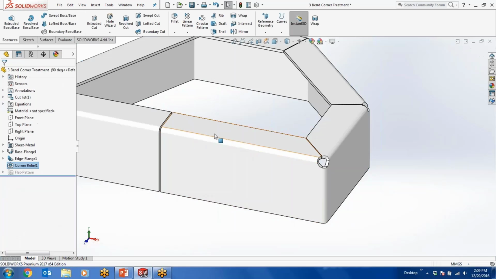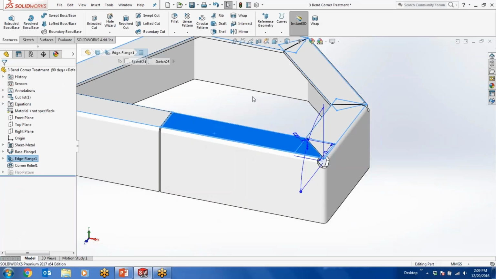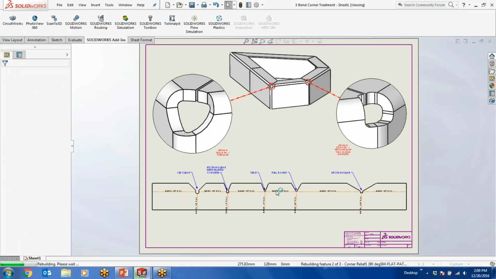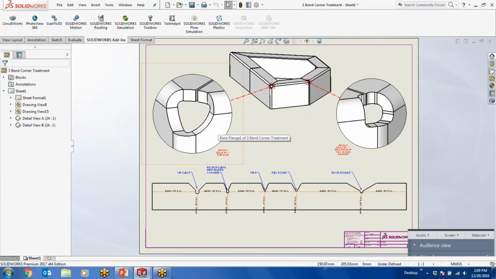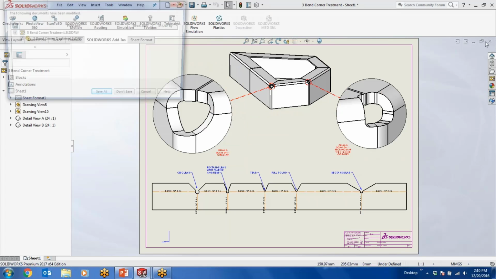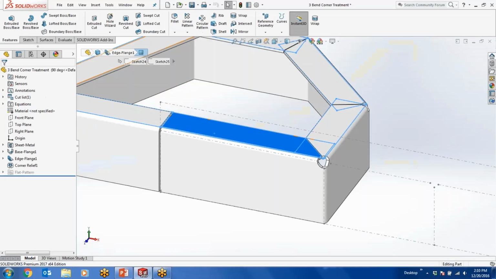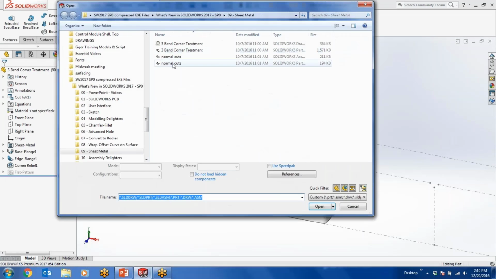Go ahead and click OK there, and just take a look at this drawing, and you can see the various types of cuts or types of corner relief that we can use, using that new 3-bend corner option. Now there's also an enhancement that's been made to the normal cut, like I mentioned. So let's take a look at this assembly,